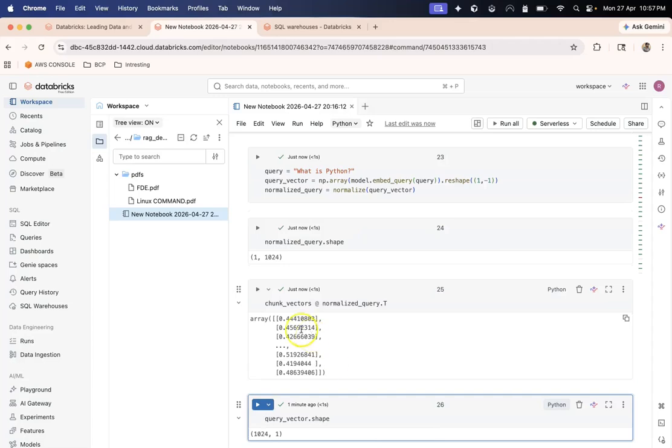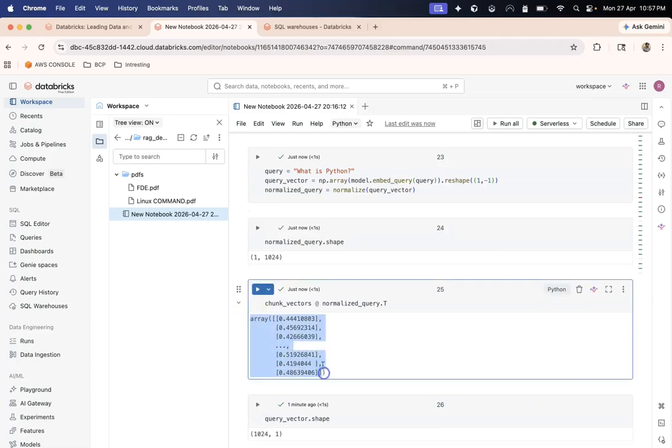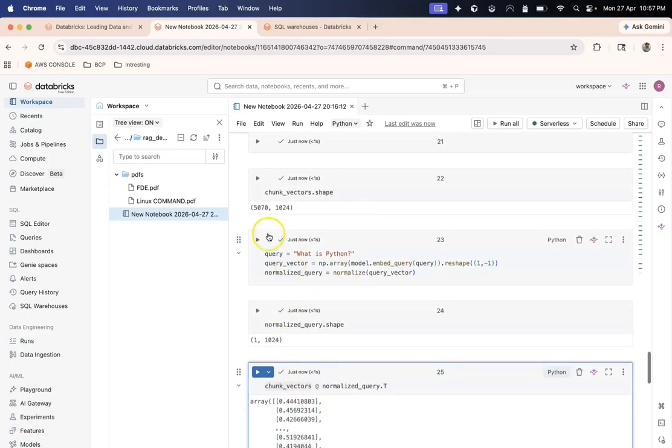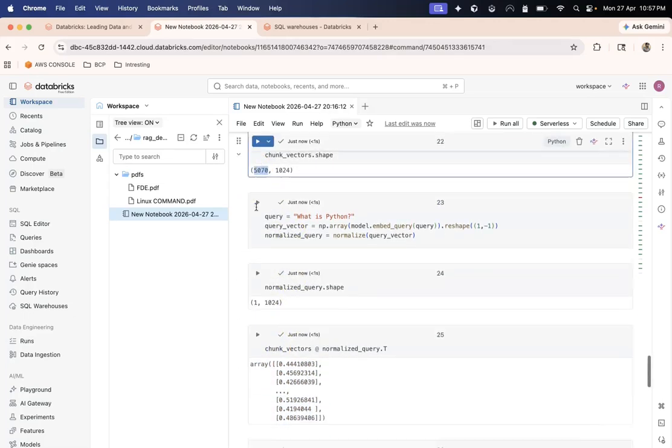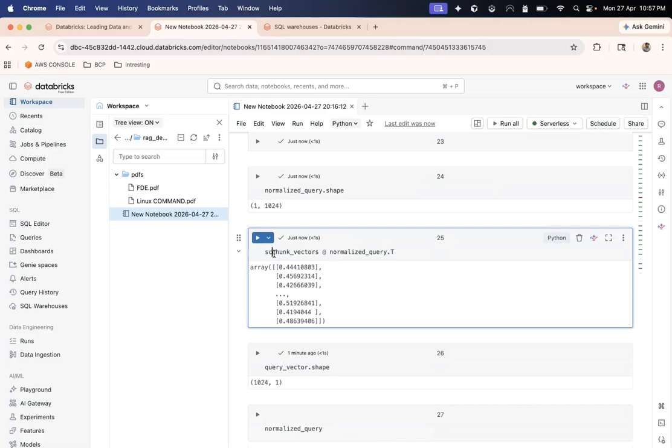So it will be multiplied, and you see it is giving us a list of numbers. And how many numbers will there be? There will be 5000 numbers. So essentially this would represent scores. Okay, scores. Let me show you something.